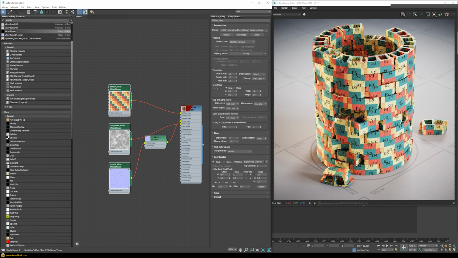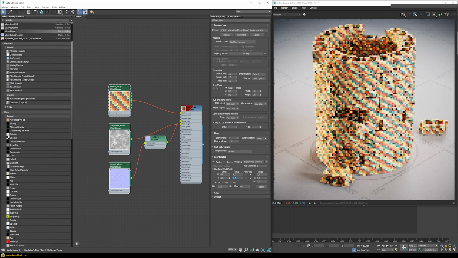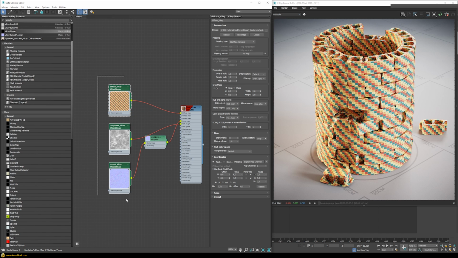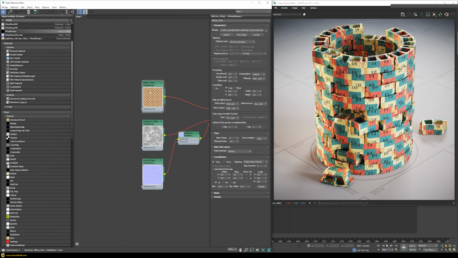So this one is the original one, and then we tile it a lot more, and then we update all the maps again. We can see only this one is changing, which is about to be expected. But the good thing is that with these VRay bitmaps, we have the way that we use one texture as a parent to drive the child, right? So basically, I can just use this one here and connect this to the mapping source of the other VRay bitmaps in my scene. And now that means that everything that I adjust in here will also be affected